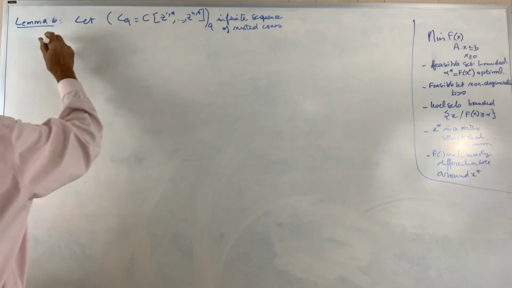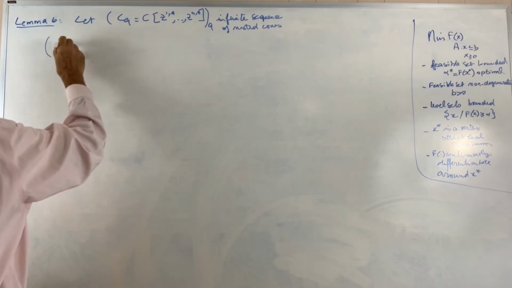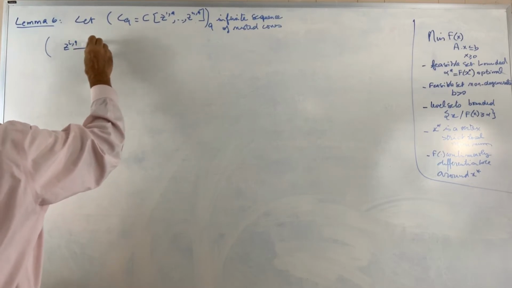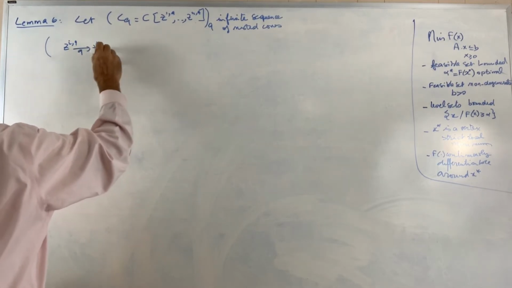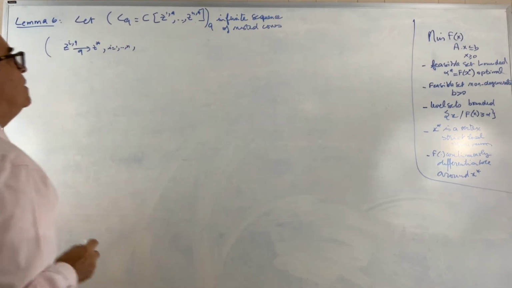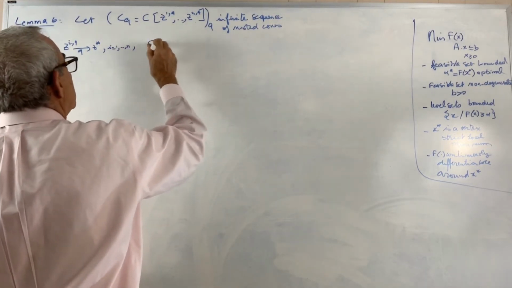Then we know the following. We know that Z_iQ converges to Z star over Q, i equal 1 till n. We know also that delta Z star